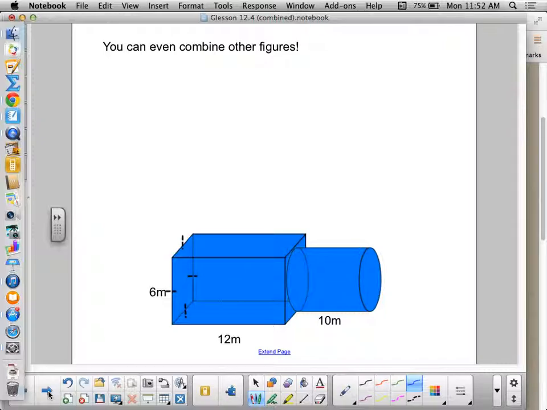So I don't have to worry about perimeter. All I need is base area times height for both of them, don't I? In this case, let's use the square here as my base, because that's a nice square. So that base area is going to be 36 meters squared. The height is 12 meters. So my volume of just the prism on the bottom, okay,